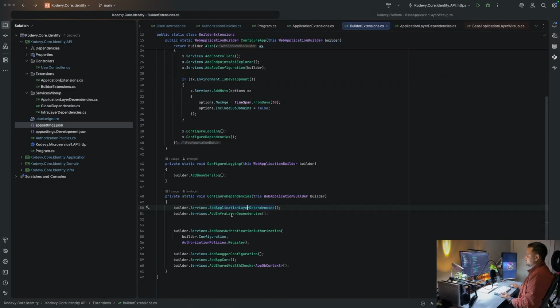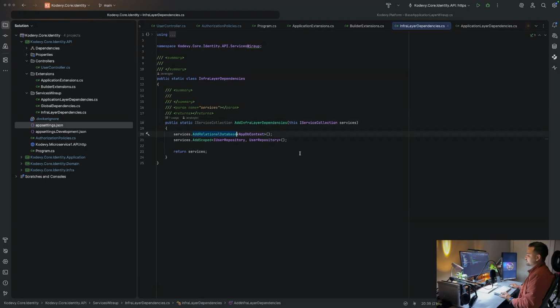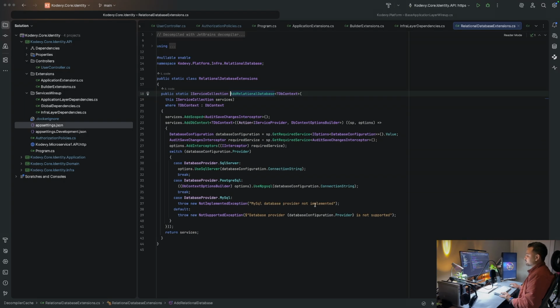Then we have infra layer dependencies. In infra, we have databases, and then we have relational database. We are adding the DB context. And this AddRelationalDatabase is again an extension function on the platform APIs itself. It is checking whether the provider is there or not. Right now we only have two: SQL Server and PostgreSQL. If you type MySQL, it will throw an exception that the MySQL DB provider is not implemented. It is going to come as a feature in the next update of the platform